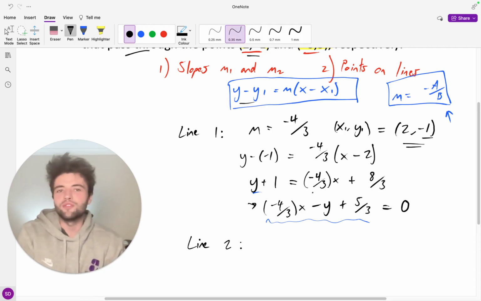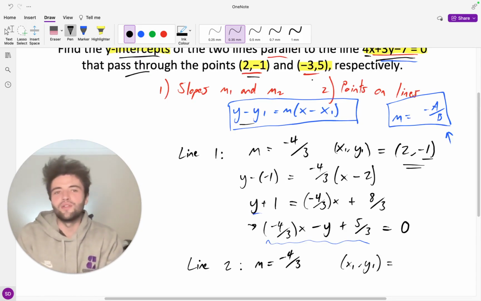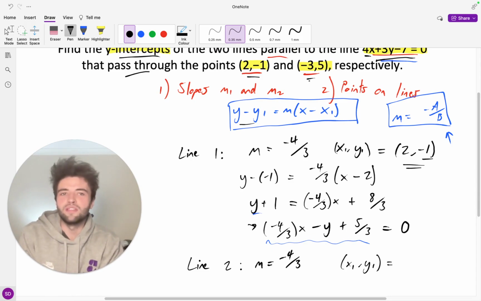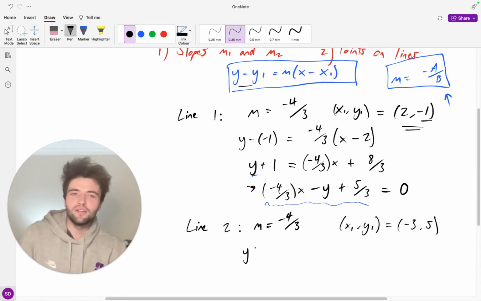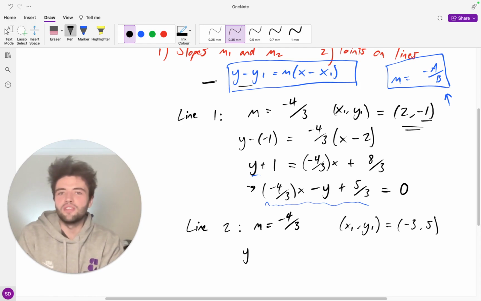And so now our job is going to be to repeat the exact same process except for our second line. So our second line is going to be using a different point, again with the same slope. And so this time if we look at our question, our x1, y1 is going to be the point minus 3, 5. And so now we can use our formula once again for finding the equation of a line,